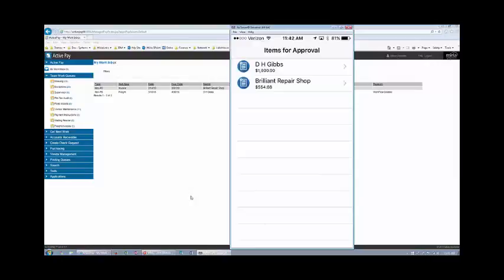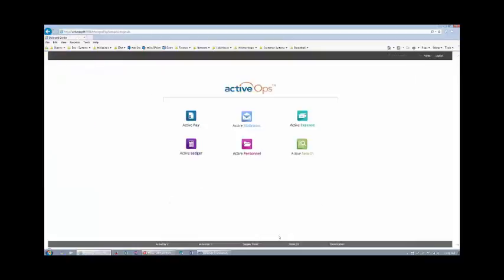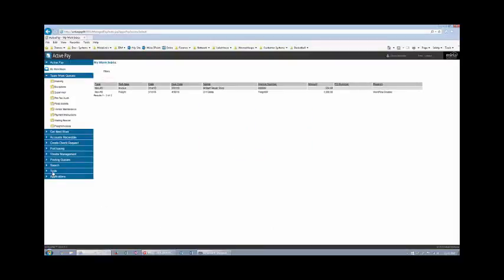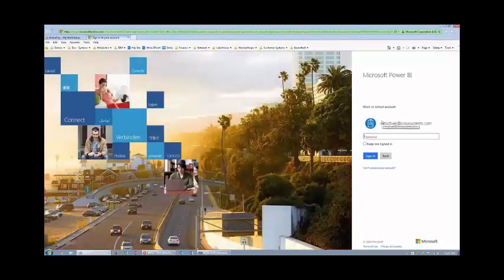So we're coming down to the end of the conversation today. I'm going to touch on a couple other things in the system that we weren't going to get into today. The first one I'm going to hit is reporting, and basically because I had some trouble logging in to my mobile, we're a couple minutes over schedule here. So what I'm going to do is log in to my Power BI desktop here,